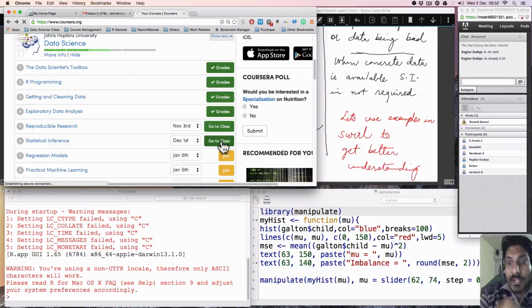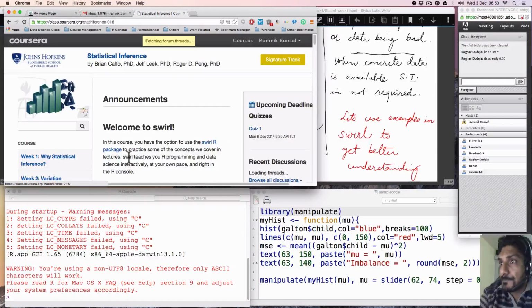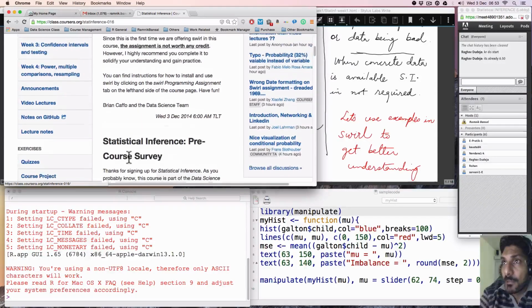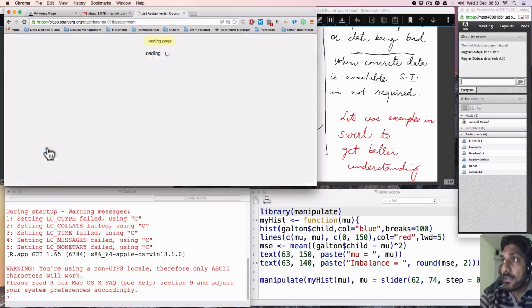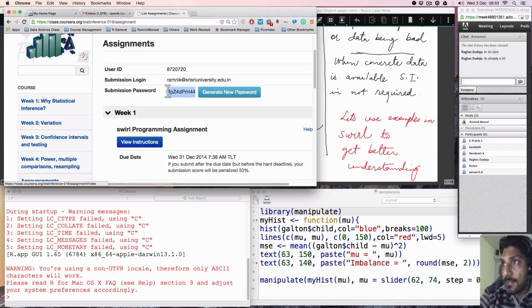All of you, please go into the class, because if you're running swirl on your machine as well, it'll be more beneficial. There's no credit for the swirl assignment, but nonetheless, it is very beneficial in understanding because it's drawing different graphs, charts, etc.